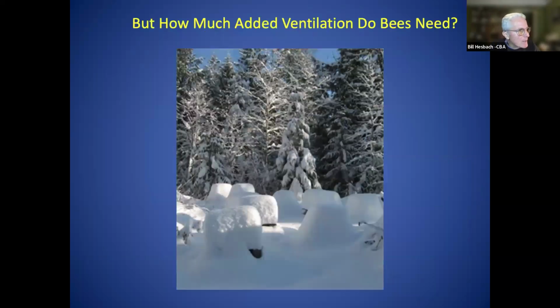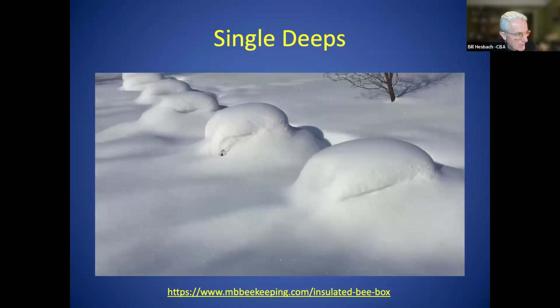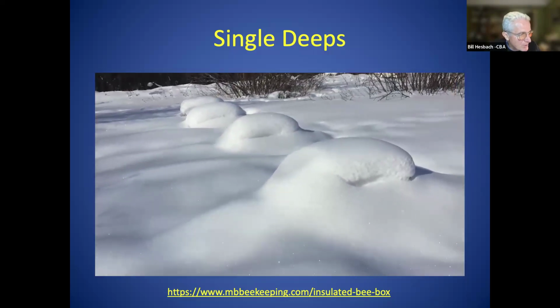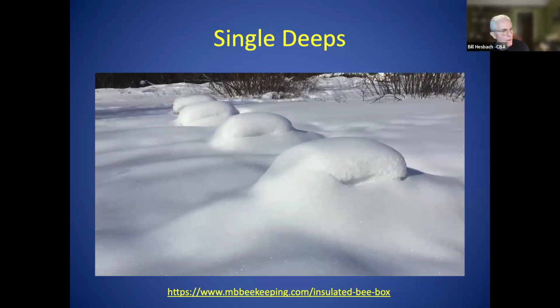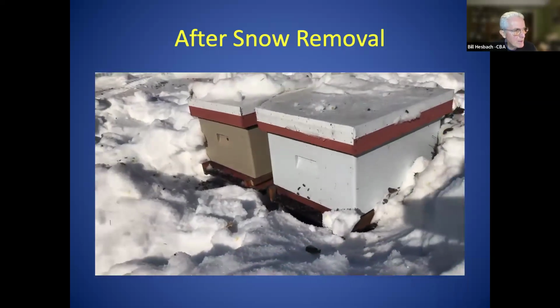All right, so how much ventilation do bees need in the wintertime? This is sort of an extreme example, but here are some single deeps loaded with snow. And yeah, there's no ventilation here at all. Nothing's going on. They're actually in these mounds of snow. Bees will actually find a way out of that colony under that snowbank and make a pocket in there where they can do their cleansing flights if it gets nice and warm. The next slide will show you that the bees are perfectly okay after a long time under that